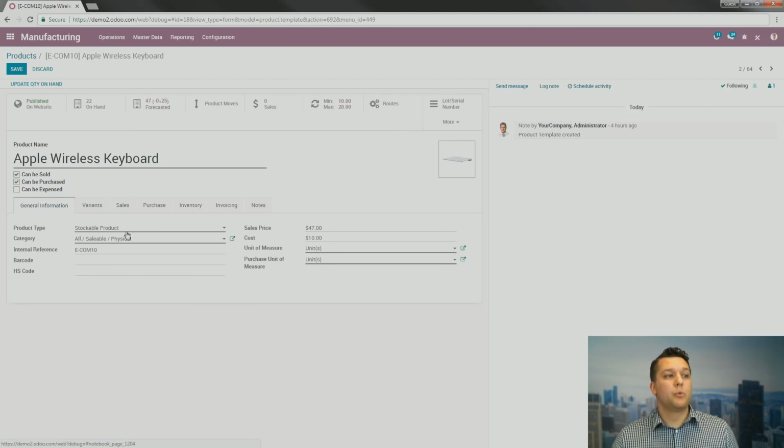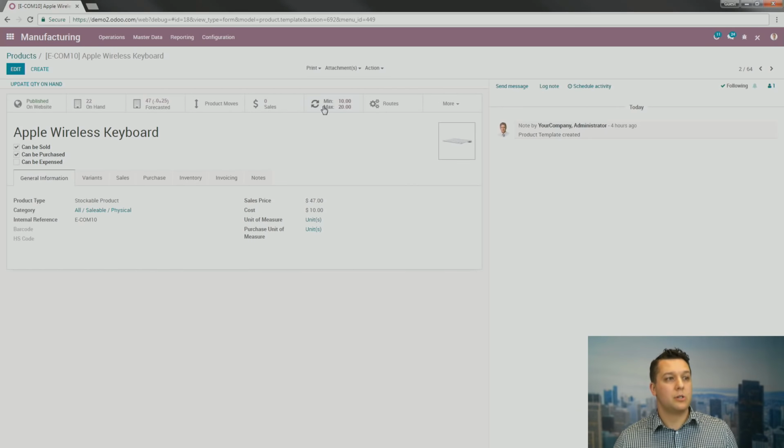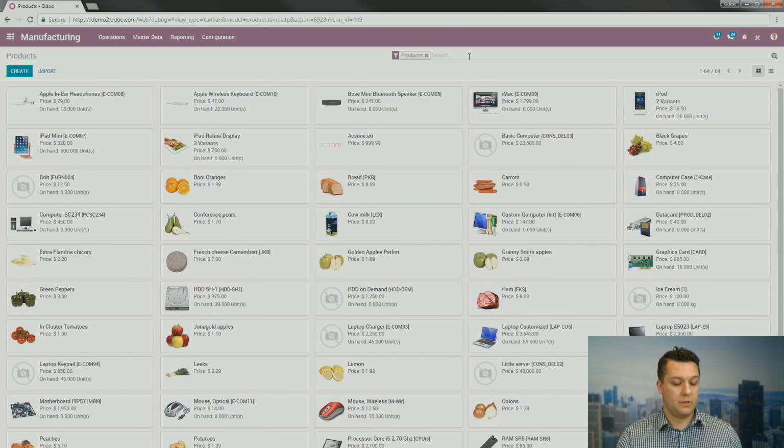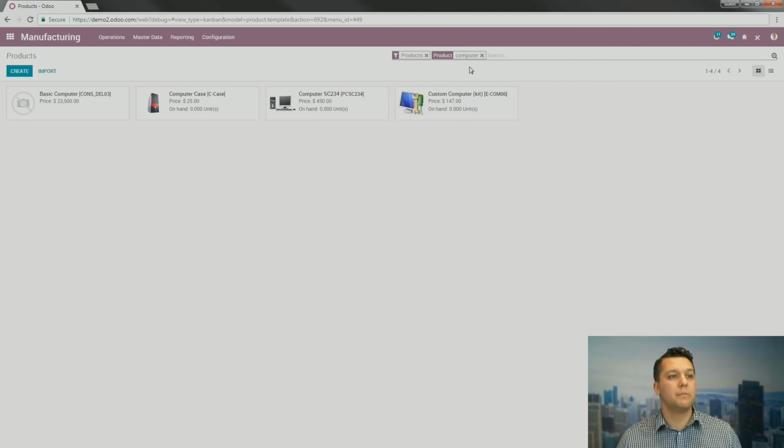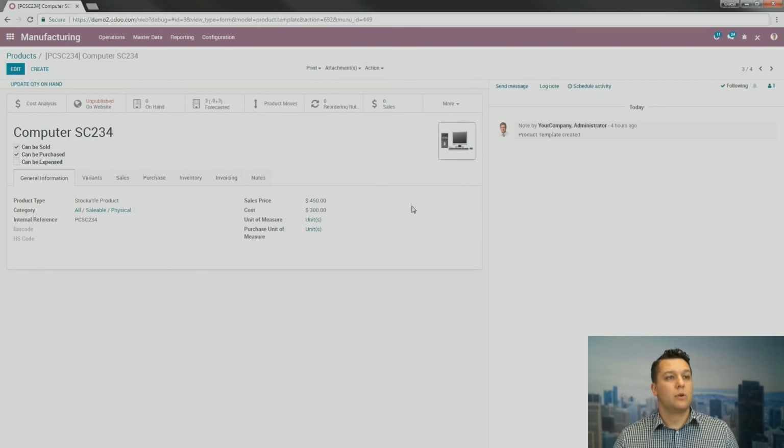So here as well, from this view, you can look at your BOMs. So if we look at, let's see here, a product that actually has a bill of materials on it. Let's look up our computer here. So over here on this tab, you're going to see your bill of materials right here. And if I open this up,